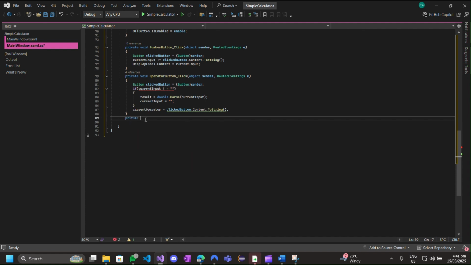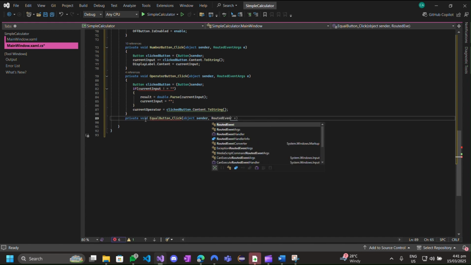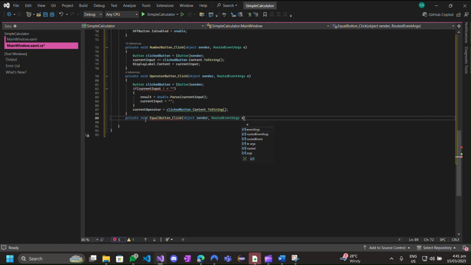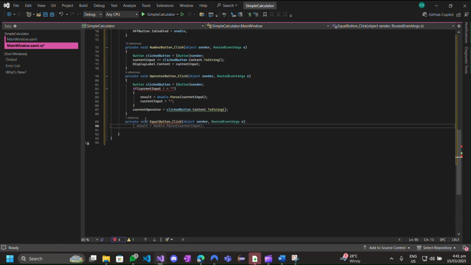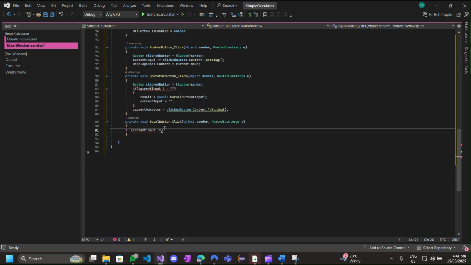So private void equal button click, object sender, routed event args e. And if current input is not equal,